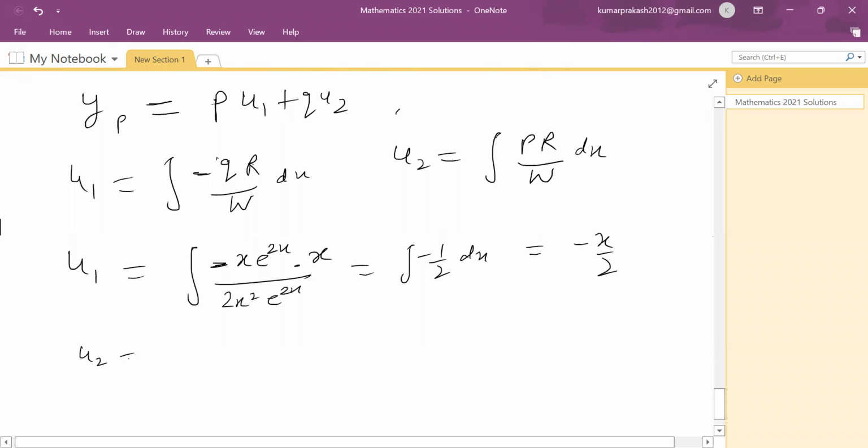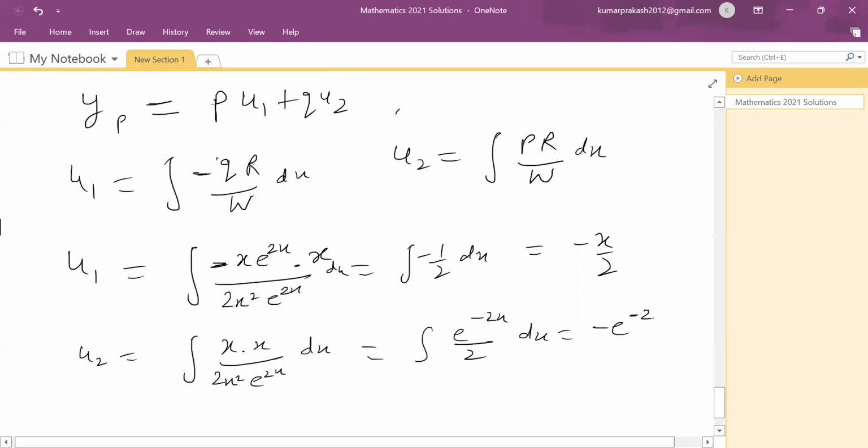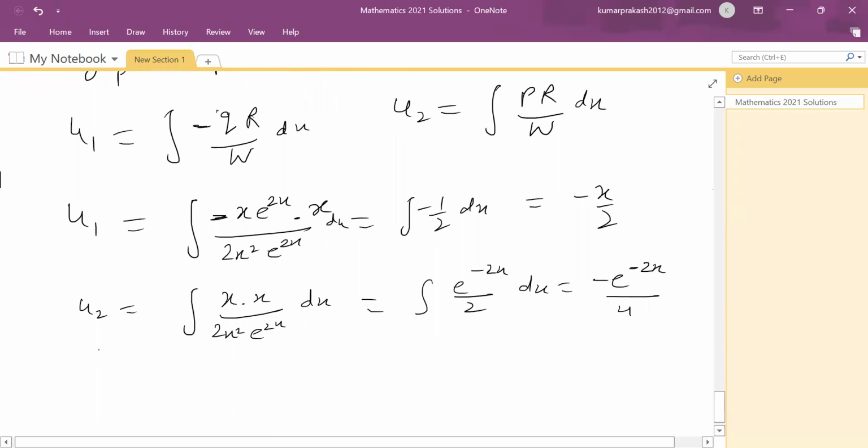Similarly, u2 is equal to integration, P is x, R is x upon 2x square e to the power 2x, that is W, into dx. So this will be your e to the power minus 2x upon 2 dx, and if you solve it, you will get minus e to the power minus 2x upon 4. Okay, so now u1, u2 is there, so your y_p will come